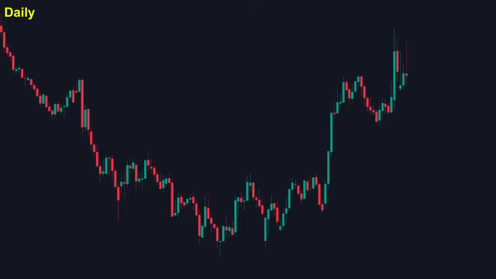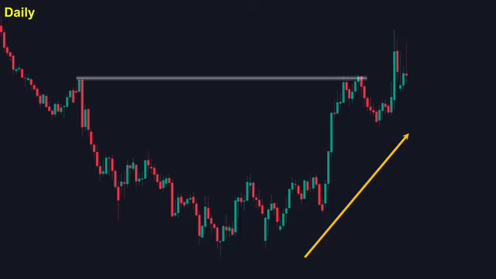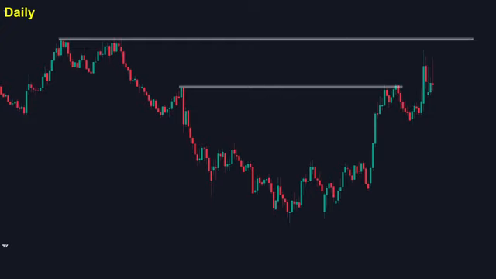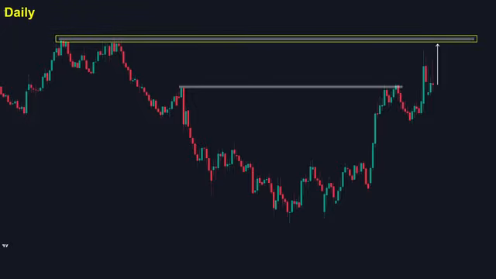Looking at our daily chart, we can identify a dominant uptrend with multiple break of structure patterns, a clear liquidity level, and price has already moved above it after testing it twice. Looking back further, we can observe another significant liquidity level. We know that if price reaches this level, there will be numerous stop orders waiting. This level will work like a magnet for price action, and we expect price to eventually reach it.